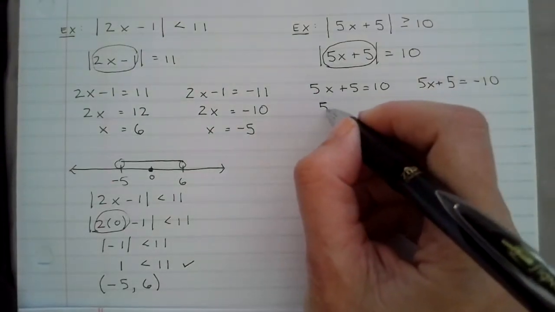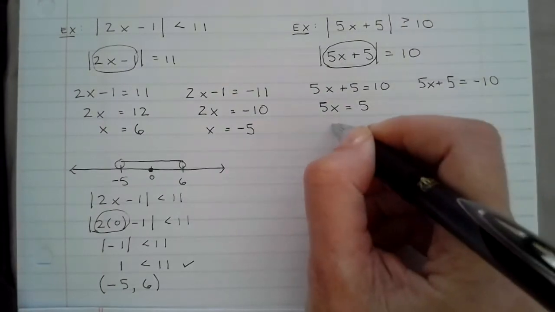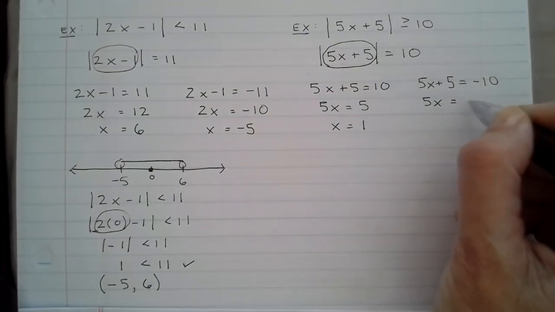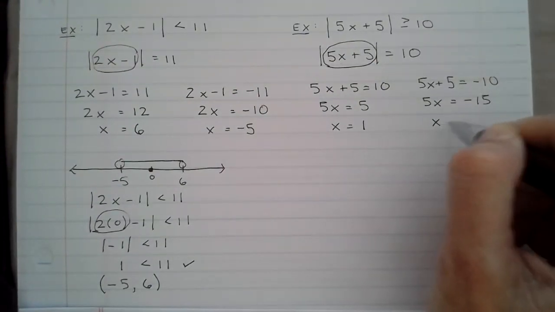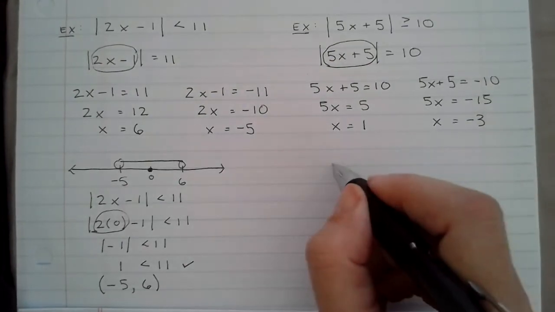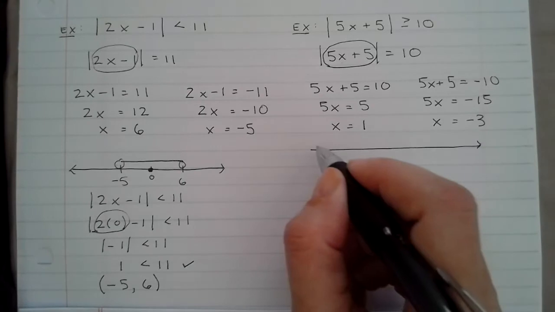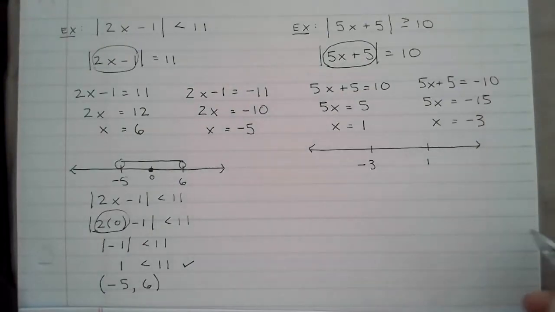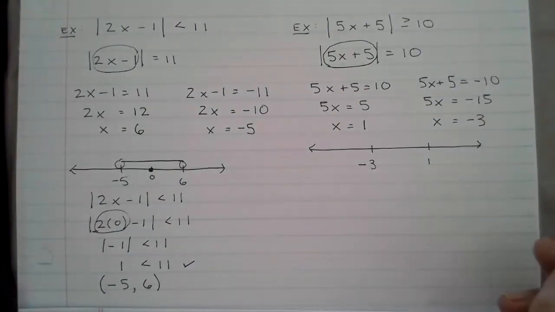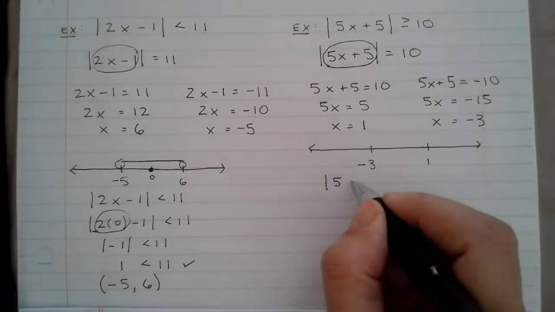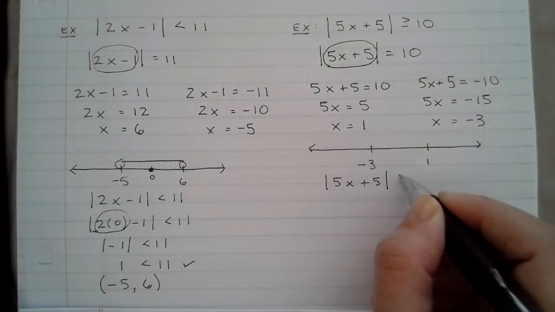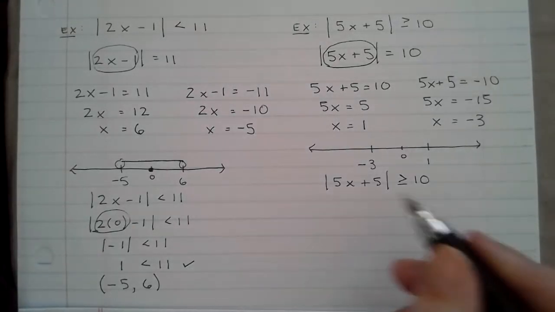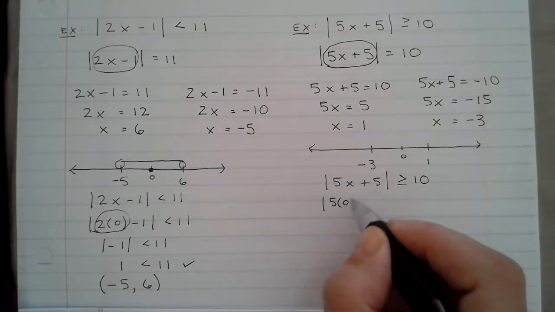I'm going to subtract 5 from both sides and divide both sides by 5. I'm going to subtract 5 from both sides, way down at -15, and divide both sides by 5. And that's going to give us the endpoints of our solutions. I don't know yet if they're in between -3 and 1 or on the outsides of -3 and 1, but I'm going to pick a test point and try it out. I'm going to try it out in the very original inequality. I'm going to plug in a 0. I like to plug in 0 because it's kind of easy. So 5 times 0 plus 5